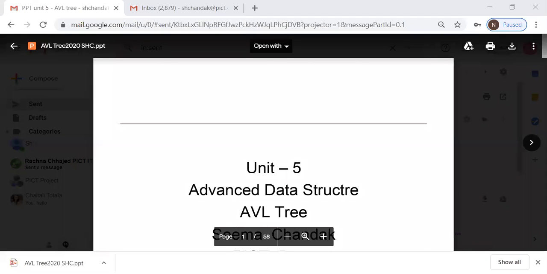And for that we come across some way. Is it possible to balance the tree in such a way that its height should not cross log of n? A balanced search tree is one where all the branches from the root have almost the same height. Balance factor is the property of the node which is used to decide whether the tree is balanced or not.